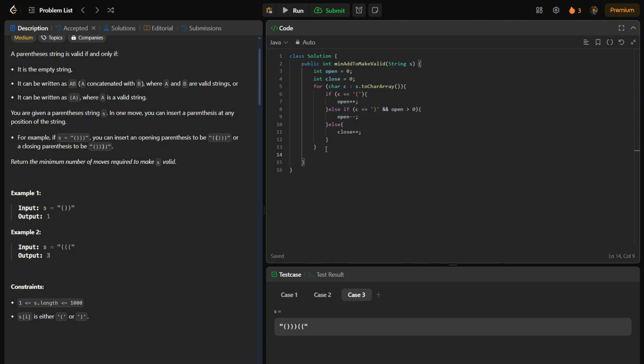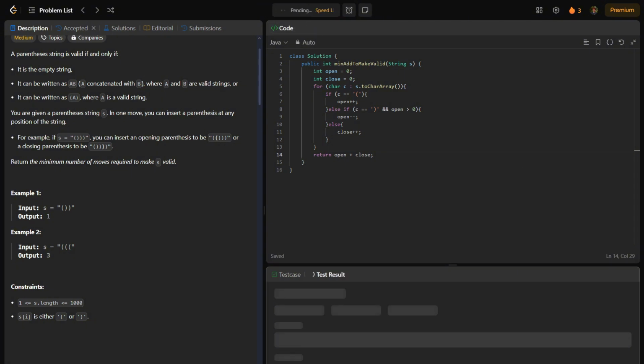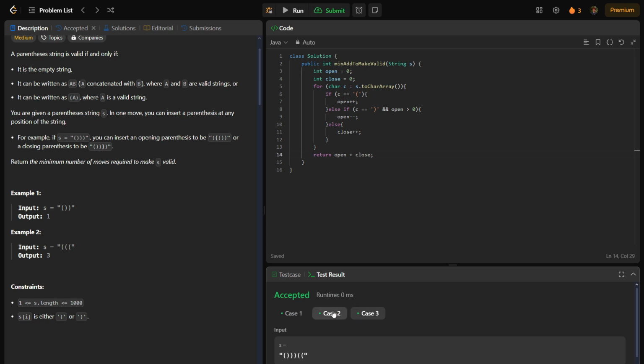Now, to return our result, we're going to return the total amount of remaining open and the total amount of remaining closed parentheses that don't have a valid pair. So open plus close. So if we run this, it passes our test cases, and if we submit it,